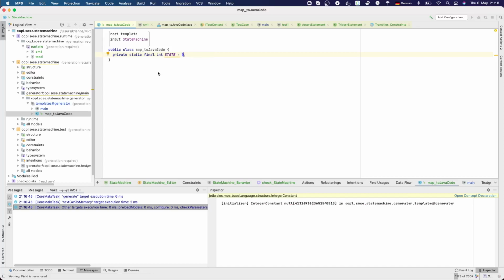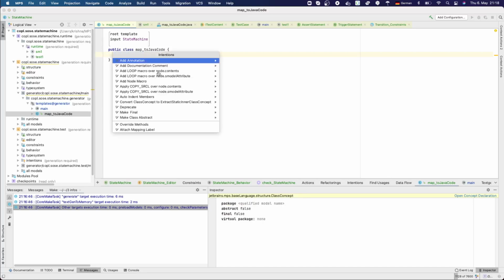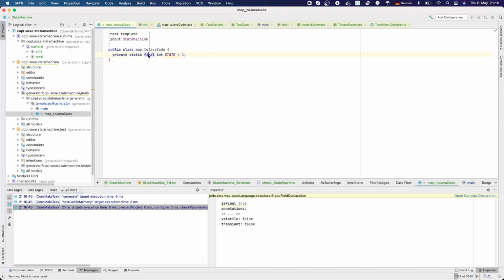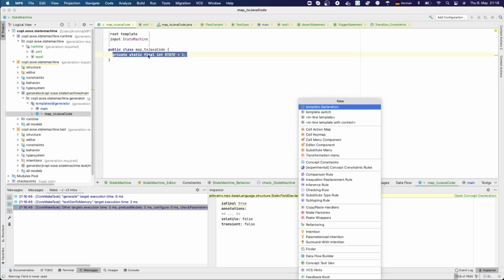Now, we want this code to be generated for each state in our state machine, so we will bind this with a loop. We want to loop through the node's contents, not any contents. We want to loop through the states. And oops, there is a problem here. I have bound everything, not just